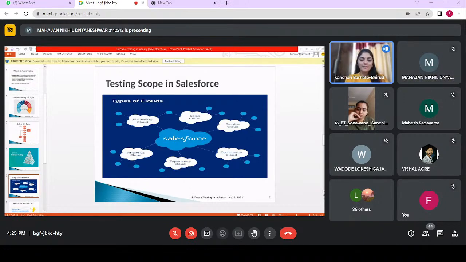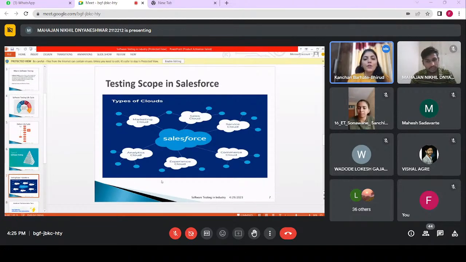So let's look into the different clouds which Salesforce provides and how it connects practically in our day-to-day life. So first of all, Sales Cloud. Salesforce provides Sales Cloud, which is to make the sales of the company better. Whatever products they sell, they want to have it documented in one system, and every sales representative, also the CEO of the company, can see the opportunities which their sales representatives are working on, so that they will